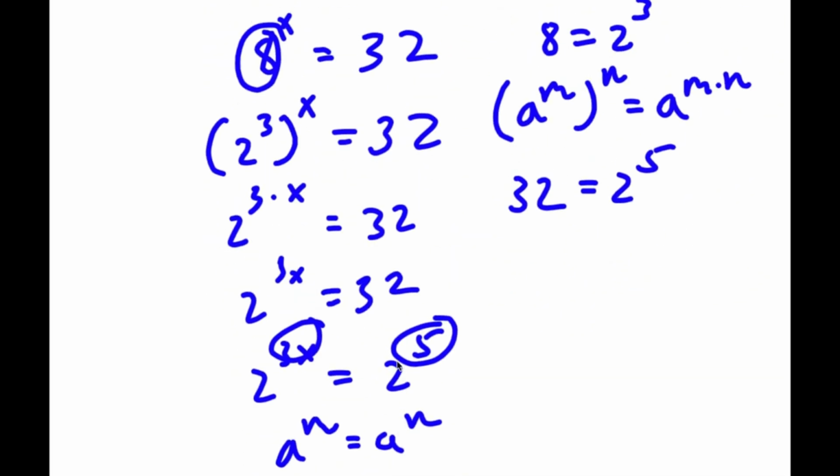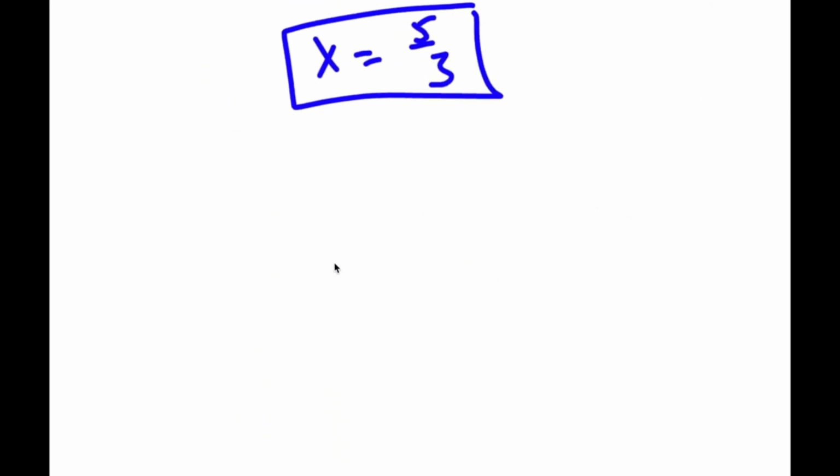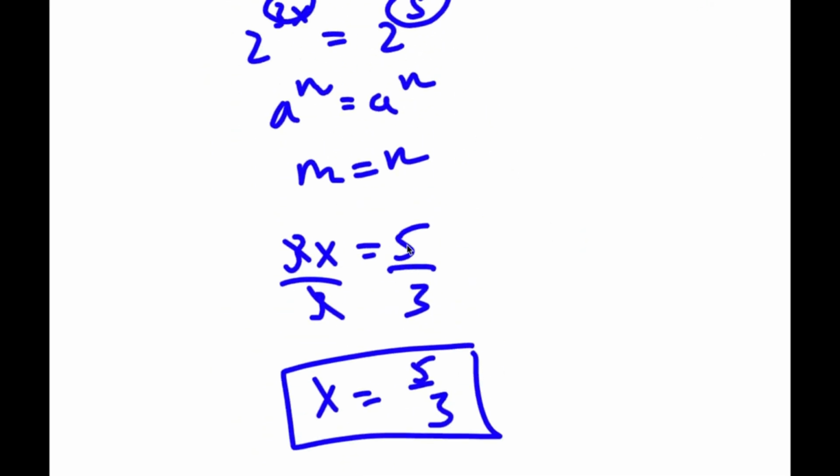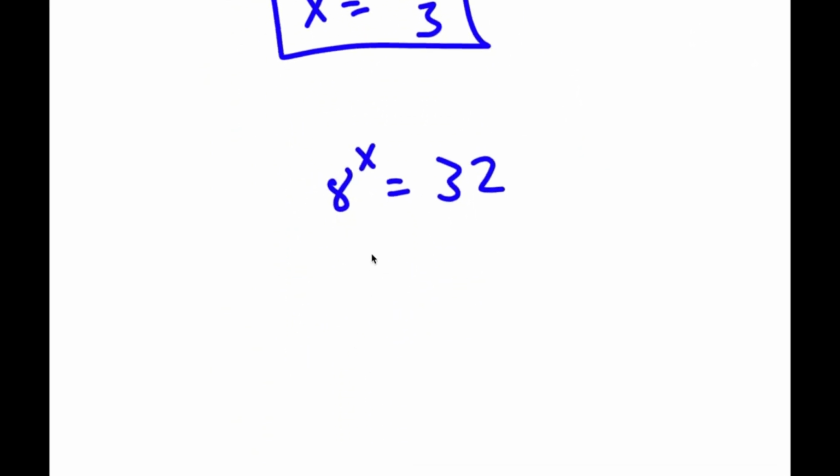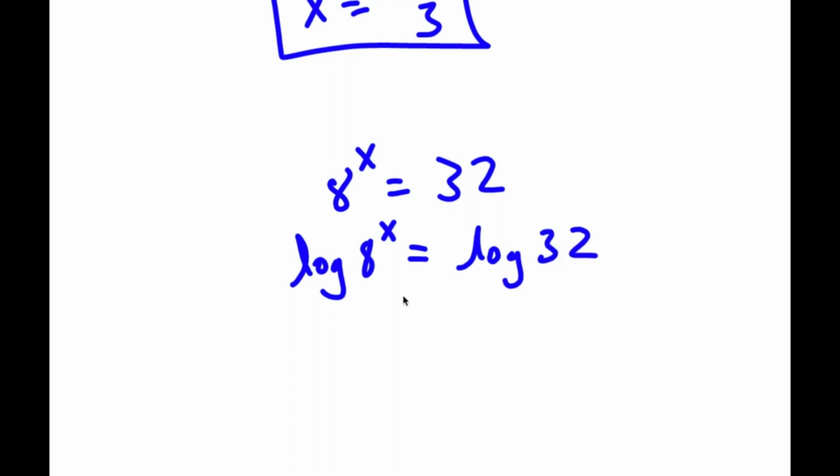Now, another way of doing this problem, a to the power of x is equal to 32, is to take the log on both sides. So I have log a to the power of x is equal to log 32. And now an important property of logarithms is that if I have log